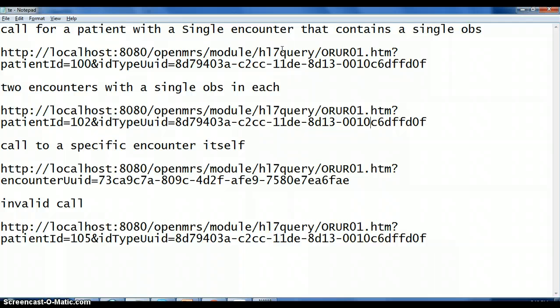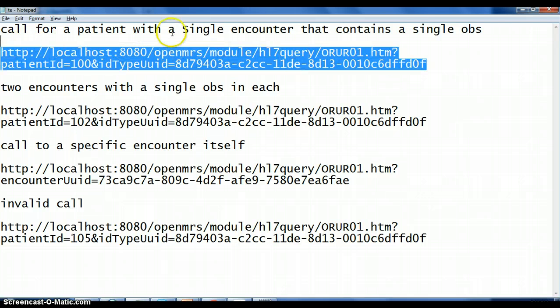I already know that this patient has a single encounter and single observation. So I'm going to just send his patient ID, which is 100, and his ID type UUID, which is this number. So I'm going to copy it and